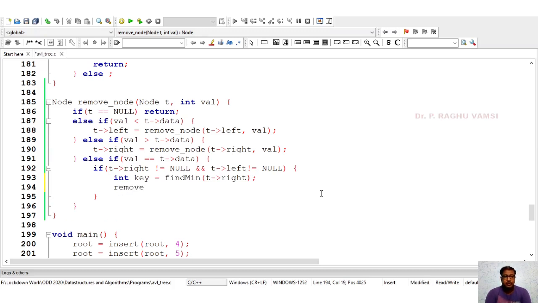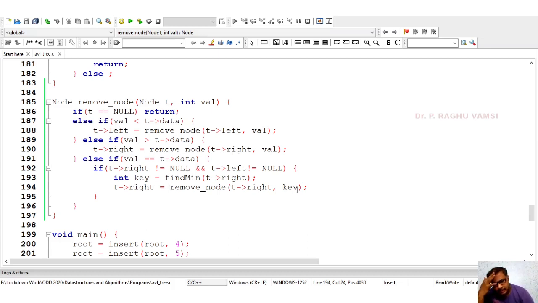Then we need to remove that particular node by passing t right and t. Whenever it is removed, this will be again attached to t right. So we need to identify the minimum element at the right side, that minimum element needs to be removed, and that minimum element needs to be replaced.